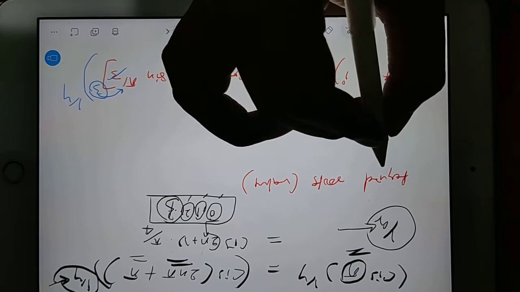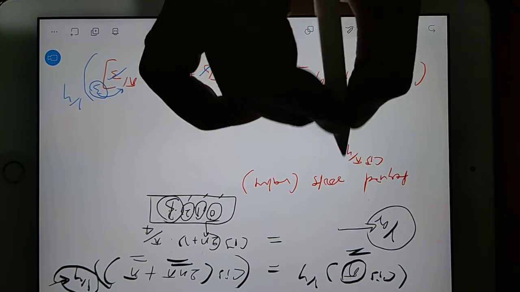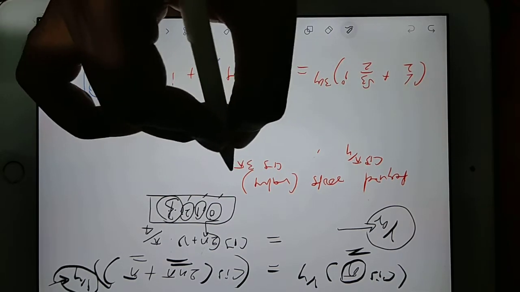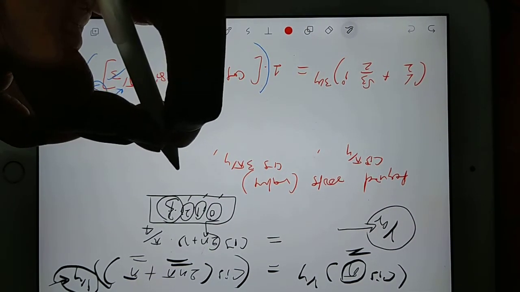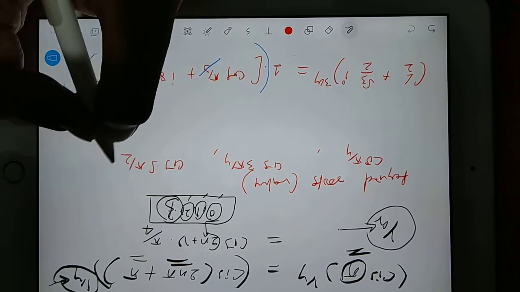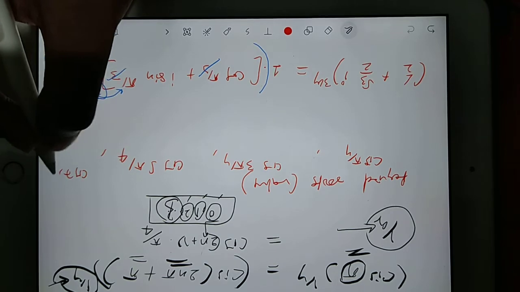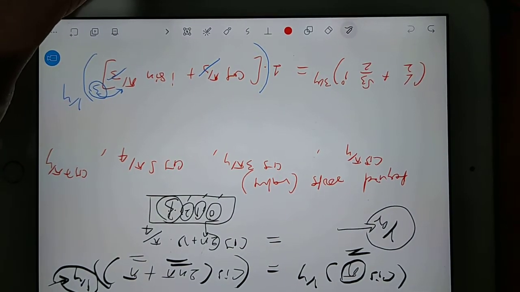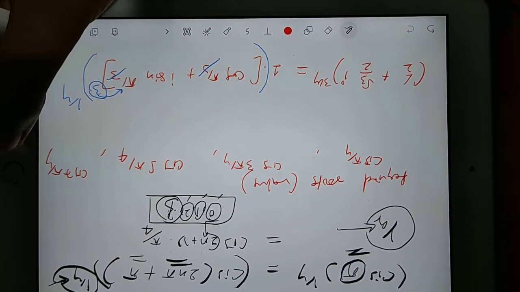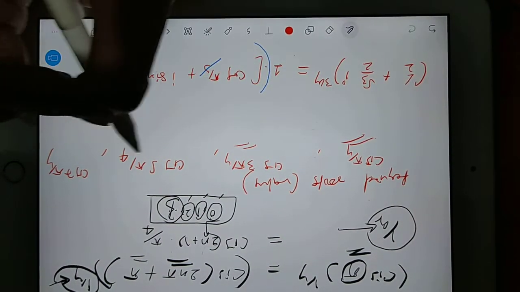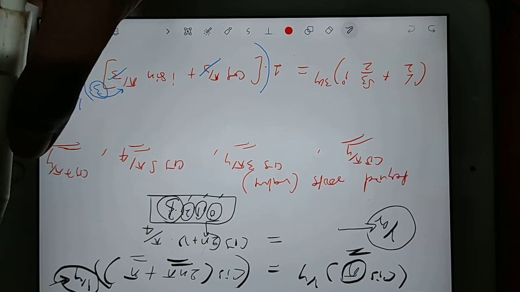First thing, put 0. So you will get cis pi by 4. Then you put 1, so you will get cis 3 pi by 4. Then you put 2, so you will get cis 5 pi by 4. And the last one, 3, so you will get cis 7 pi by 4. So these are the values we get, and all the values, whatever answers we are getting now, are our required values.